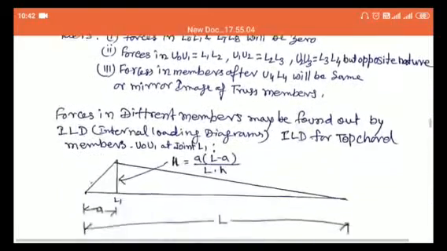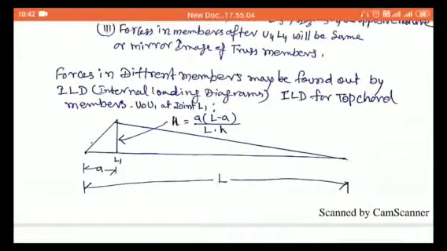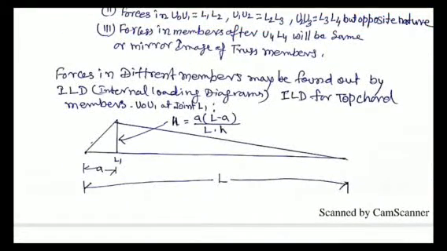So we have to draw an ILD, and this ILD will be like this. At the L1 joint, this triangle has some height, and this height will be H